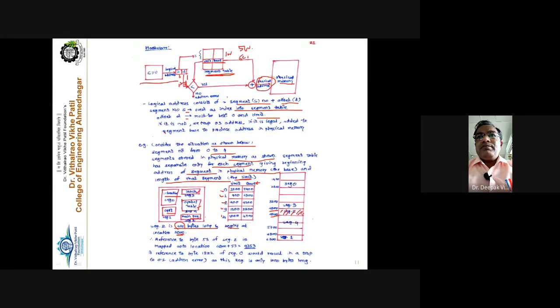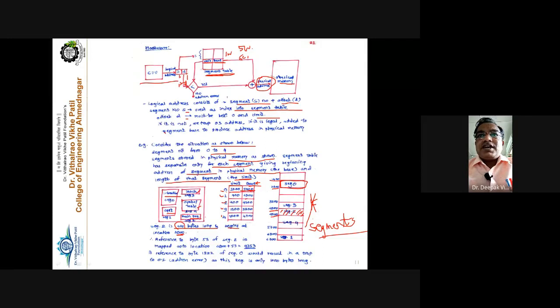See carefully, memory now gets segmented. There are no frames maintained like in paging; these are segments. The segments are created depending upon the size of each particular segment, with their starting address and their limit size. Segment number 0 starts at location 1400 and its size is 1000, so 1400 plus 1000 is 2400. In main memory it starts from 1400 and ends at 2400, and that is called segment number 0.